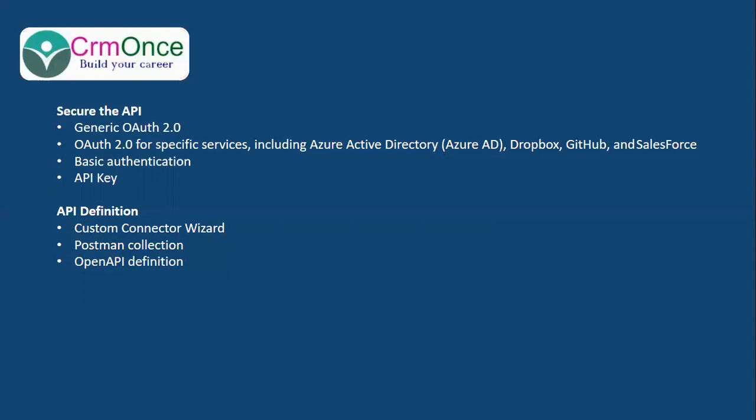For that, we need an already defined API, so I'm going to use Azure Cognitive Services, in which I'll use the Face API, to detect a face when you pass an image. That's how I'm going to explain building a custom connector in this video.